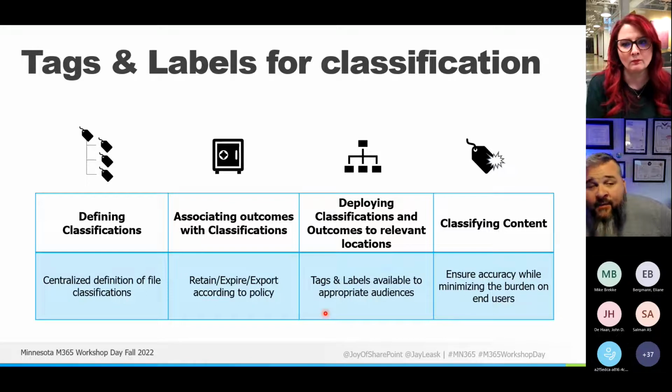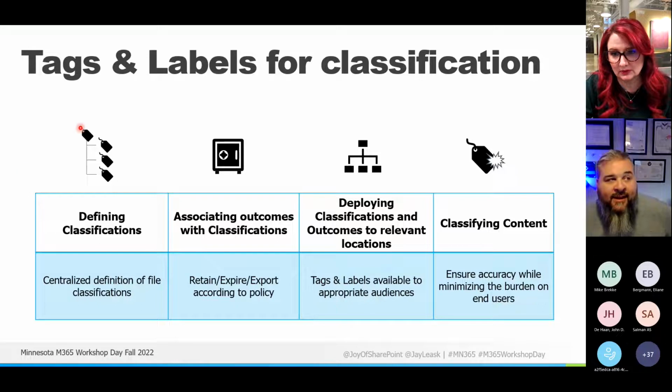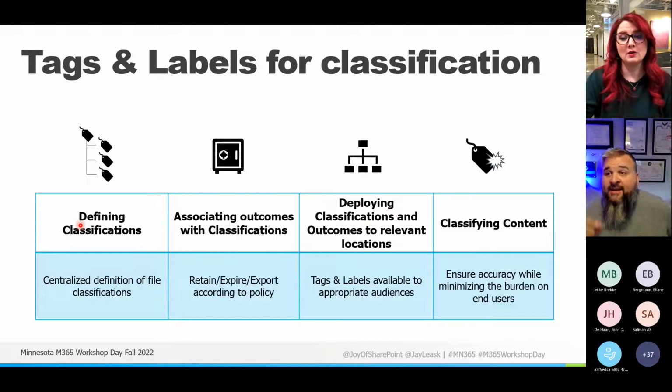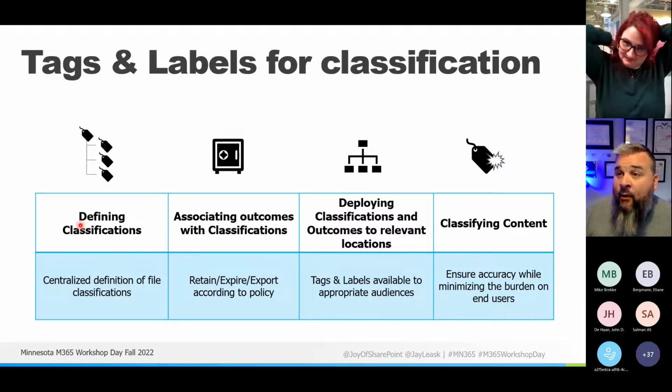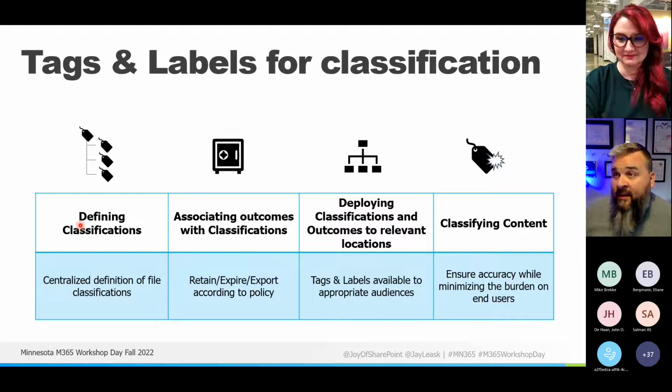I would say this is not an IT job. Defining your classifications is not an IT job. Being a stakeholder in that conversation is. Legal should come to us and say, we need the following capabilities.